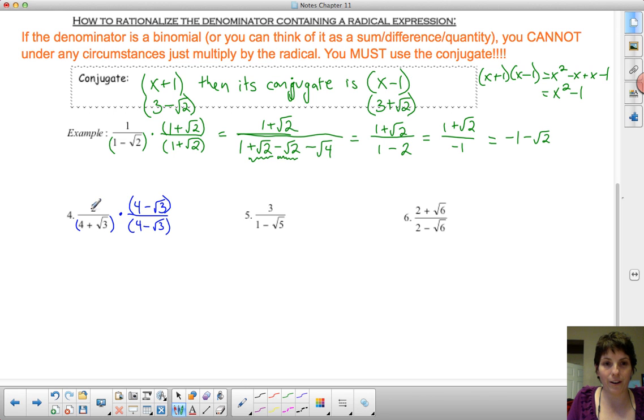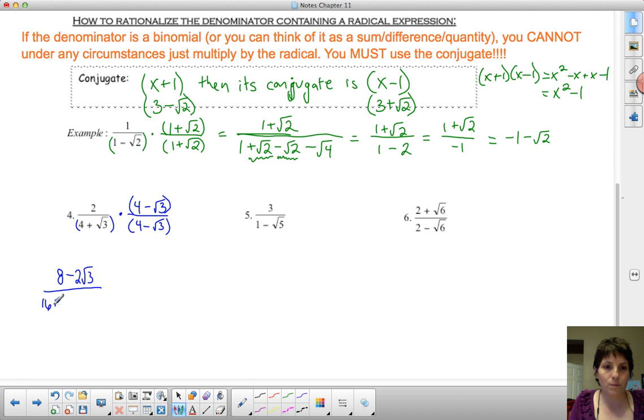In the numerator, it's a monomial times a binomial, so just a distributive property. 2 times 4 is 8, minus 2 times the square root of 3. Well, 2 times root 3 looks like that. In the denominator, we have a FOIL,